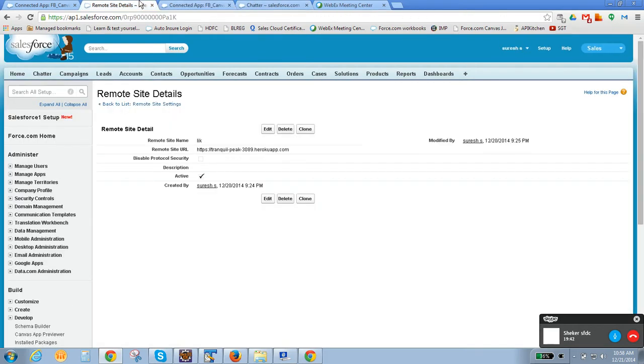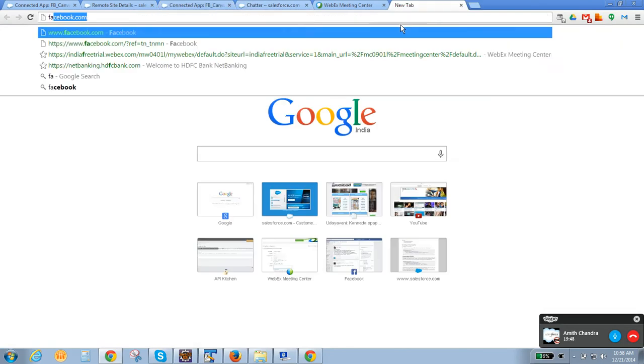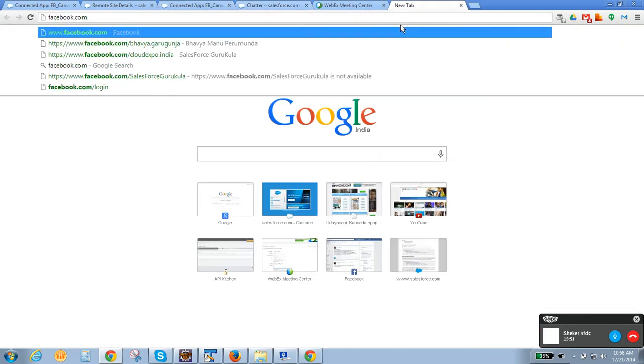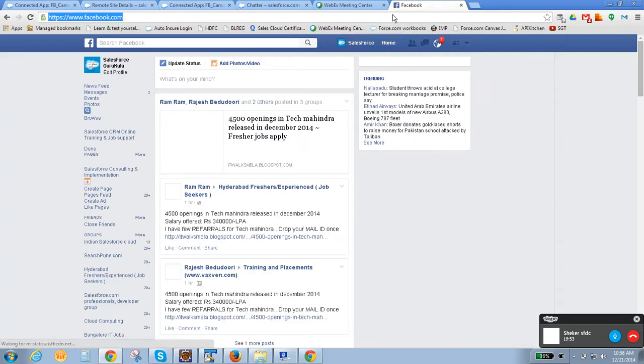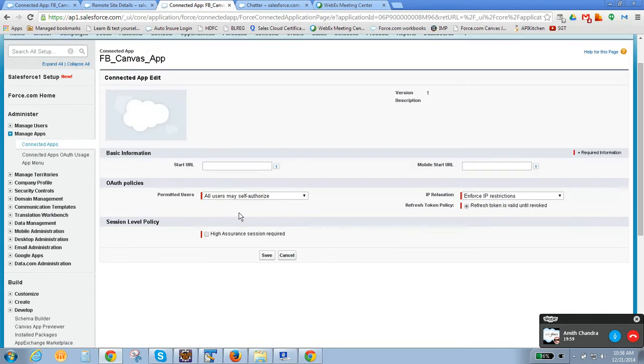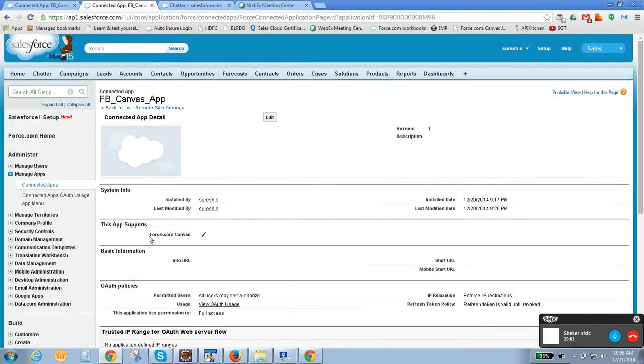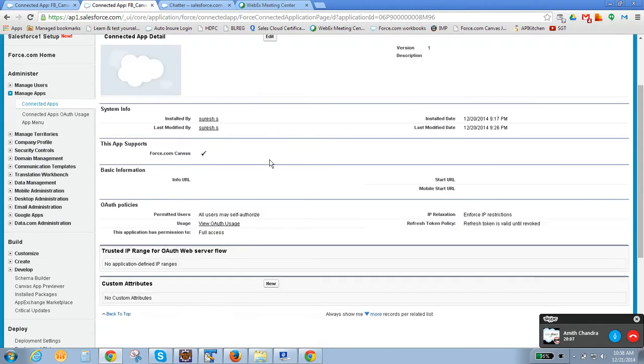Now we will try it by putting Facebook. Previously it did not open, right? So we will open Facebook. Let me go to the connected app and create apps.